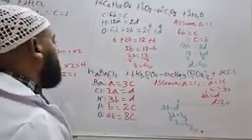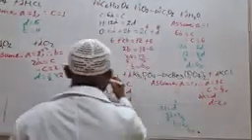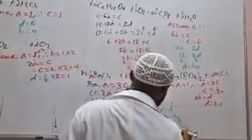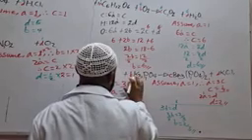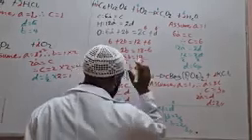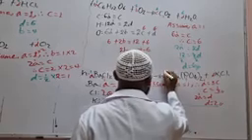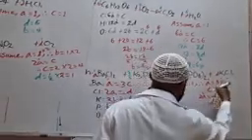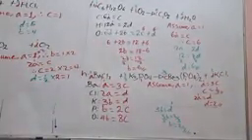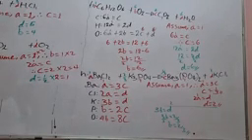Therefore, we can put in the values. A means 1. B means 2 over 3. C means 1 over 3. D means 2. As I told you in the previous discussion, if one of the values of the coefficients